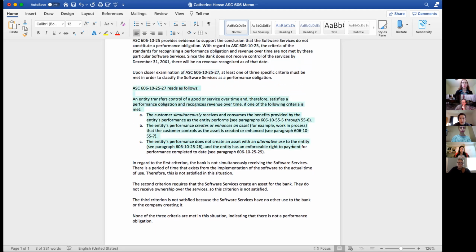So this is the accounting standard right here. I just copied and pasted it in to give proof that this is where I was getting it from. And then it also made it really easy to reference back to it when I explained it. I wasn't sure how to best describe each of these, since there are 3 different criteria that had to be met. And I wanted to expand upon that and give reasoning for that. So I decided just to do 3 quick short paragraphs down here, each in reference to why the situation did not meet the criteria listed above.